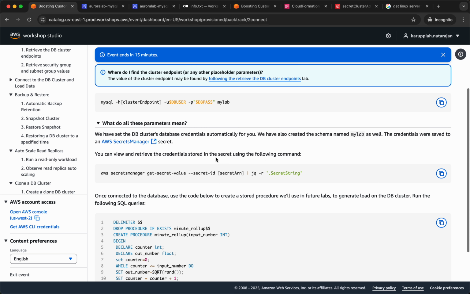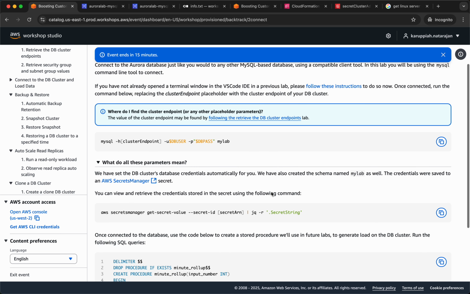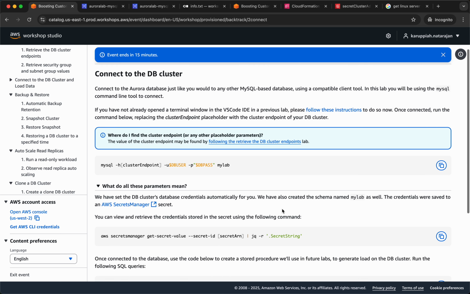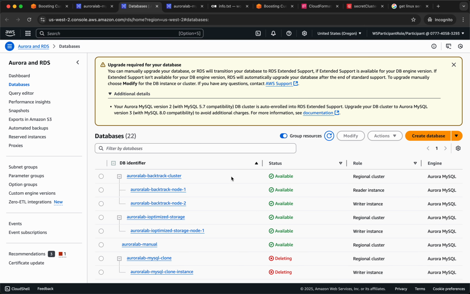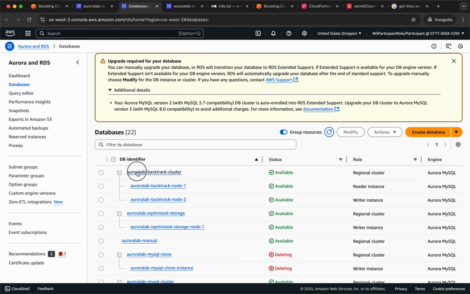So we are dropping the thing. So we need to connect to this database. I think it should be the same credentials. Let's see. So backtrack cluster,